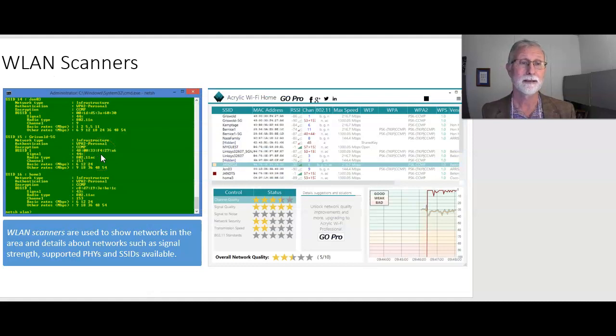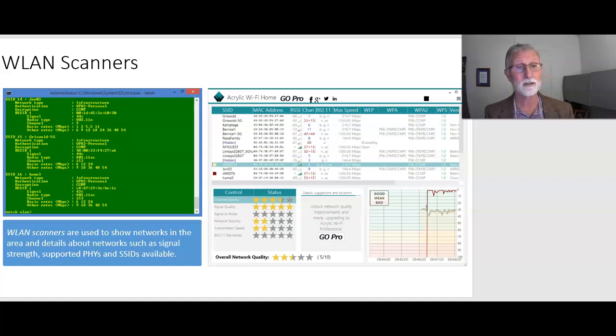Now, the question is, how do I scan this stuff? How do I know what's out there? The wireless LAN has plenty of different scanners, some free, some expensive, some professional grade. Your computer, if you're using a Windows computer, has a scanner if it's got a wireless antenna. If it's your desktop, you may not have a wireless, but your laptop and stuff like that does have a